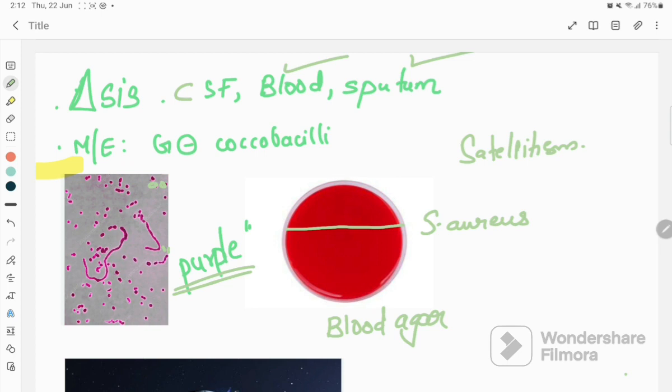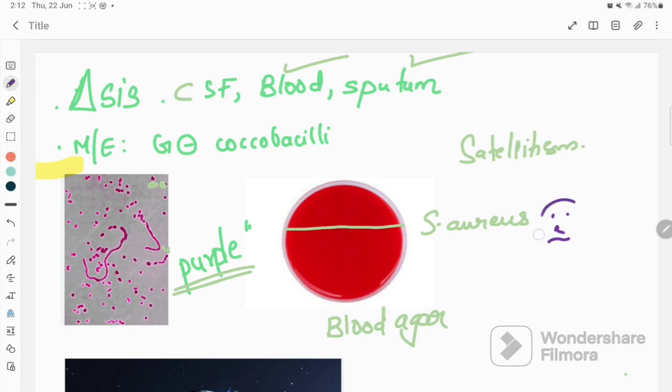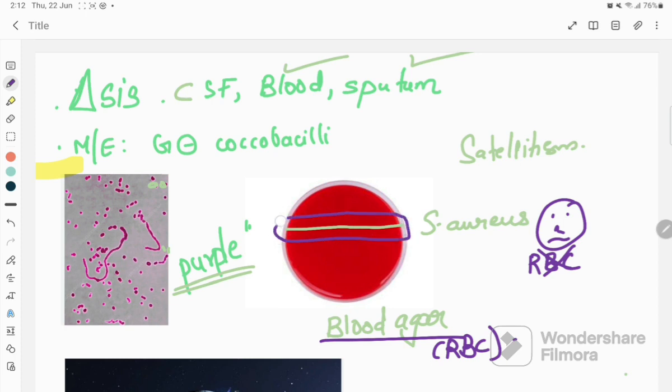What does a staph aureus do, guys? Does staph aureus like RBC? No, it hates RBC. It will break the RBC. So blood agar is made up of RBCs only. I hope you all know that. So what does it do? The staph aureus will break the RBCs nearby. So in a narrow zone, not the entire RBC, in the narrow zone in and around the staph aureus, there will be RBC breakdown, which is called what, guys? Hemolysis. So once we streak a line of staph aureus onto the blood agar, we get a narrow zone of